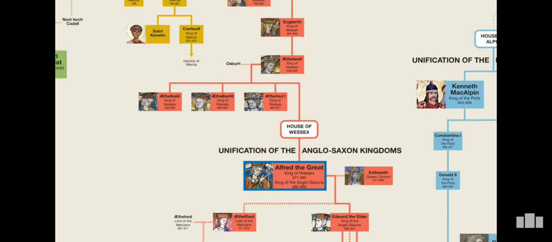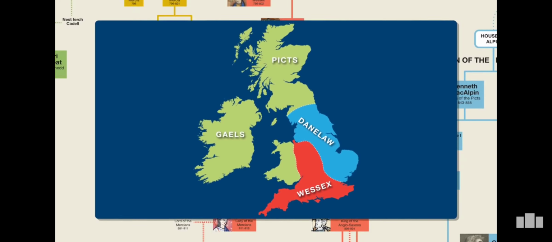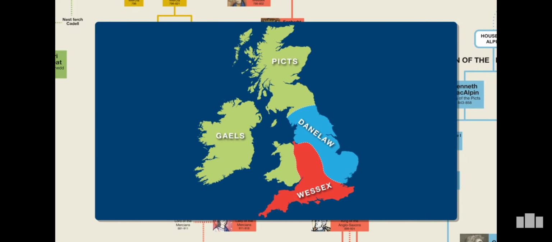In 878, Alfred fought the Viking leader Guthrum in the Battle of Edington. A very famous battle that we don't know exactly where it took place, but we know roughly where it was. Alfred won decisively. At this point, England was basically divided in two, with the Viking-controlled areas becoming known as the Danelaw, and the Anglo-Saxon areas coming under the rule of Alfred. In fact, in 886, Alfred declared himself to be the king of the Anglo-Saxons.